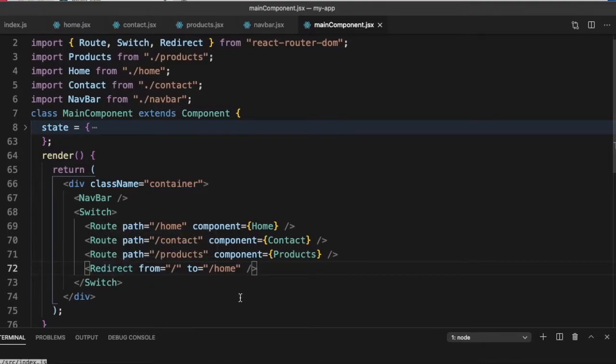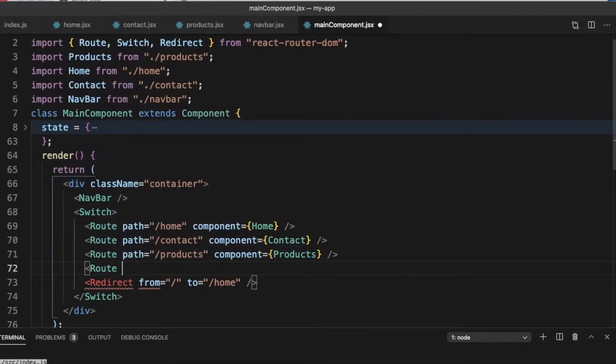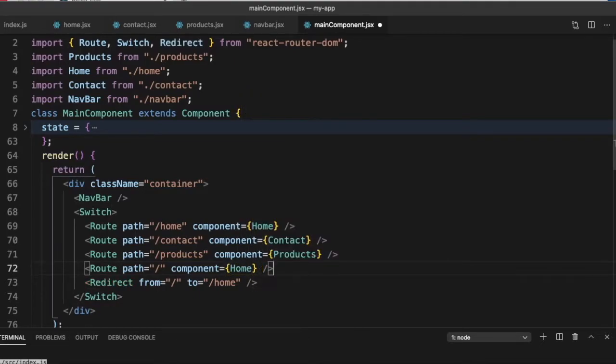If we did not want to use Redirect, we could have just said Route path is equal to slash, component is equal to Home. So we could have done this also. Remember, we will put it at the end because slash will match every path. So Switch will just match the first one. So it's important we put it at the end.